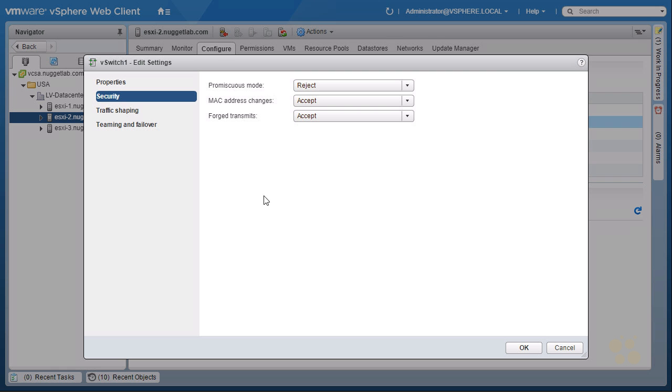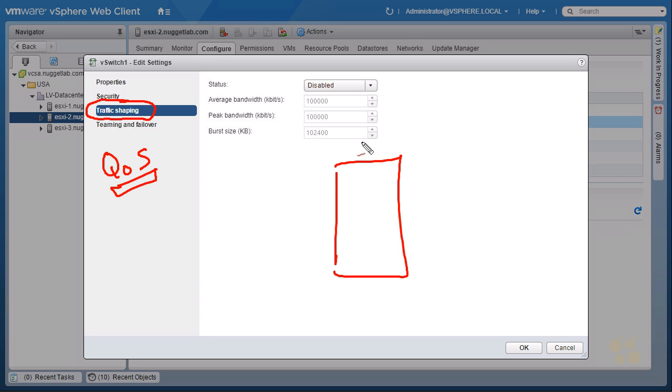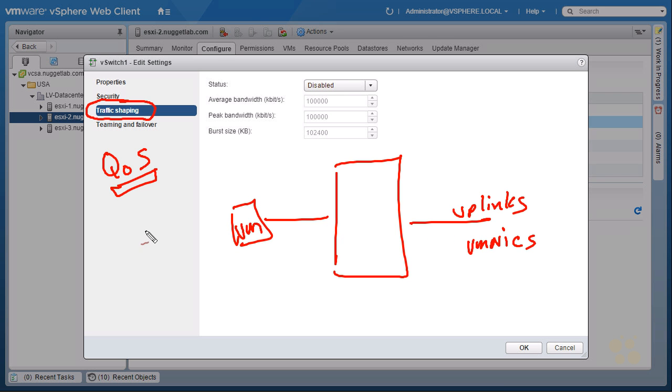Our next set of policies for the switch are traffic shaping policies. When we think about traffic shaping, it's in a category called quality of service. If we look at the topology here, we have our switch in the middle, our VMs on the left, and our uplinks on the right. With traffic shaping, it's regarding traffic that is outbound, leaving the VM, going into the switch, where the switch is enforcing the policy. So for example, if we wanted to tone the VMs down a little bit or limit how much traffic they could send in, we could enable the policy, specify the average bandwidth and the peak bandwidth,